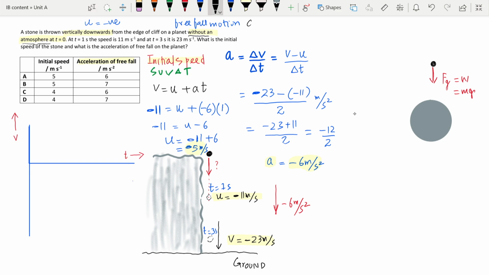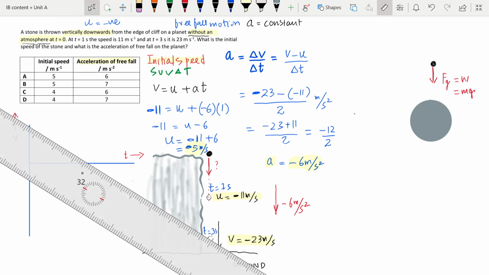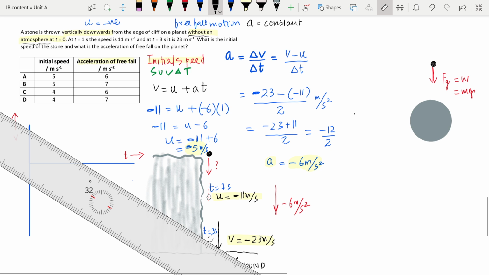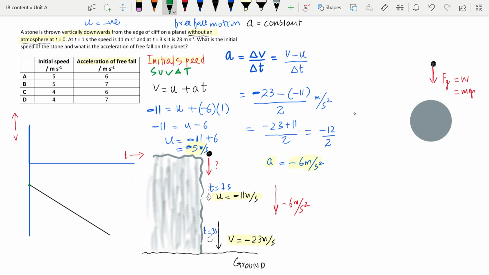Since it's a free fall motion, acceleration is constant due to gravity on that planet. That's why the graph of velocity against time must be a straight line, and the shape of the graph will be like this because it is starting from negative 5 meter per second velocity, and it will reach negative 23 meter per second at the 3 second mark. So the answer for this question is obviously A,